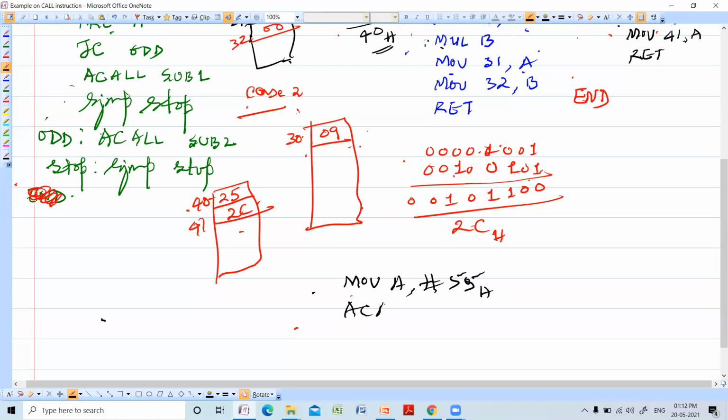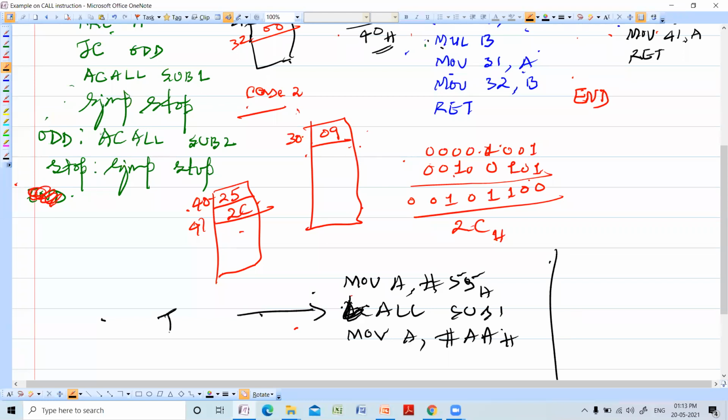Now he is writing ACALL, some subroutine 1. Afterwards he is writing MOV A, #0AAH, something like this. So here LCALL is written. I told you, writing LCALL is expensive because LCALL takes 3 bytes.